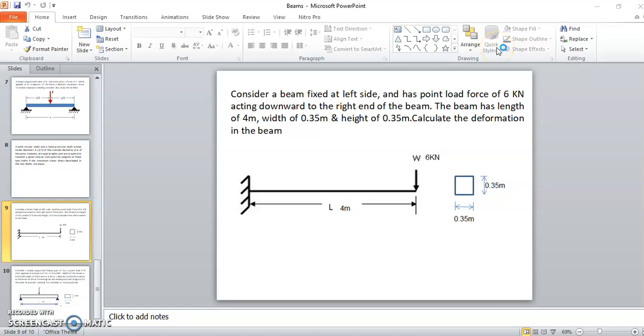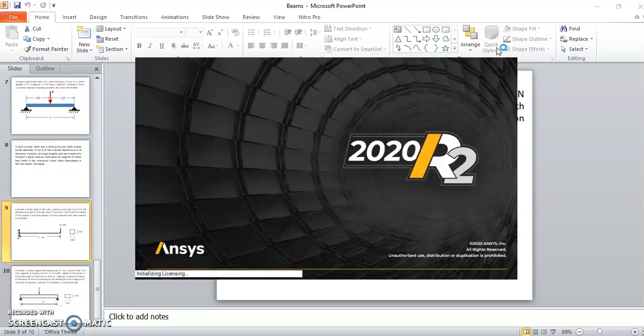First of all, we are going to solve the cantilever problem. The condition is very clear: the left end is fixed. The span of the beam is 4 meter, which carries a point load of 6 kilonewton at the free end, that is at the end of the span. There is a point load acting downward whose value is 6 kilonewton.